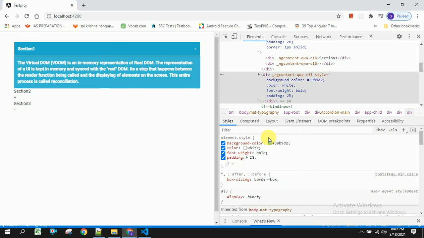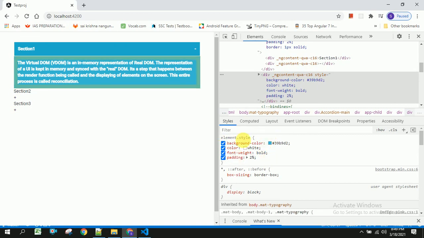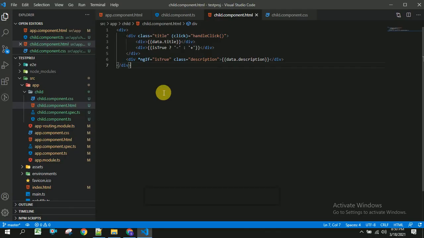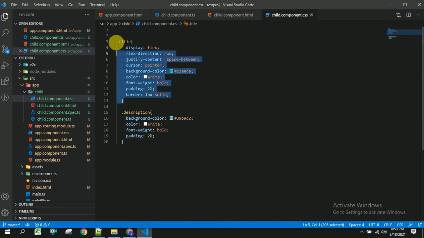Let us copy this one as well and paste it in our CSS file. So I will paste that, and I will show this entire UI again. You can see here I have created this class as title, and here it will be description, and I have placed the styles which I created in the console and pasted here in the title and description.